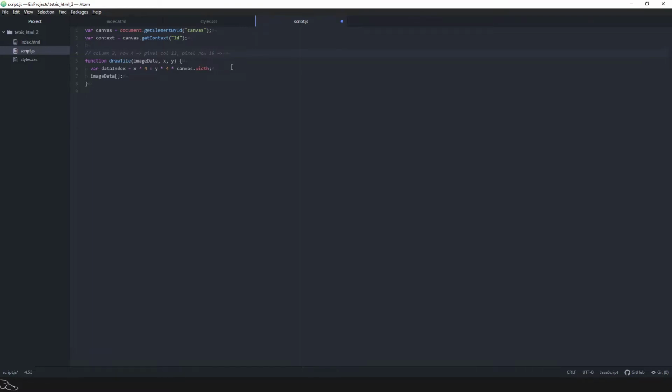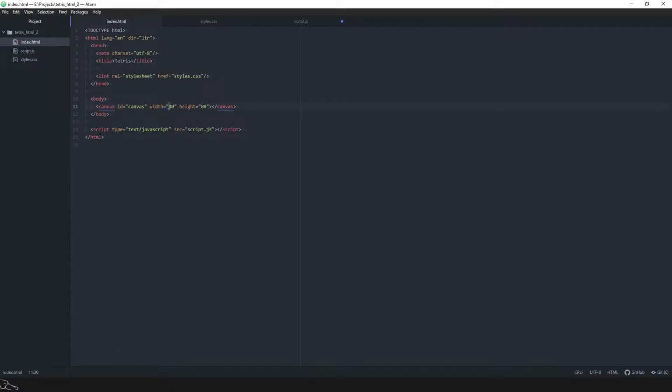We have to add the data index is going to be 12 times 4 plus 12 times 4 RGBA values, and then 16 times 4 times our canvas width, which I think is 40. Yeah, width is 40,